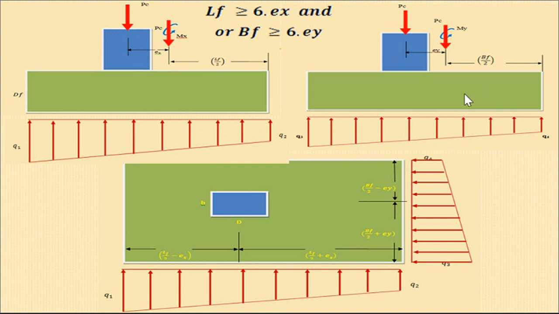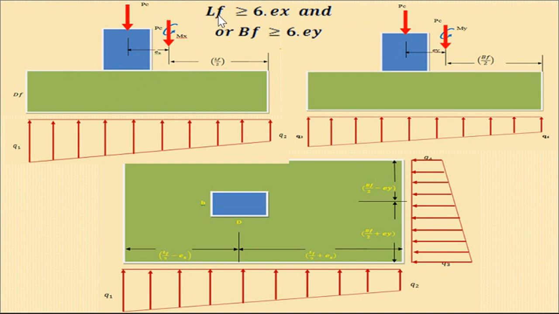Similarly, along the y-axis, repeat the same procedure. This is EY, that means the moment column is not exactly at the center. So again there is a trapezoidal load along the y-axis also, and that's why instead of this we have increased the load and neglected the moment. Because of the increase in the load, the area of footing is definitely increased, and due to the increase in the area of footing, we can say that this check is easily satisfied.